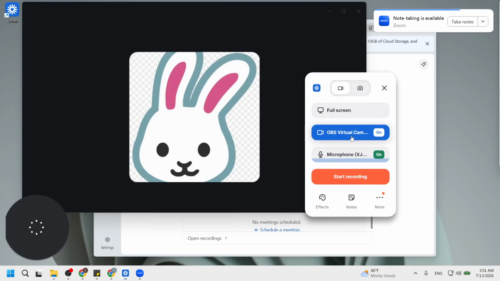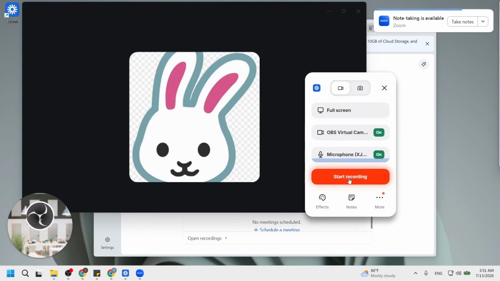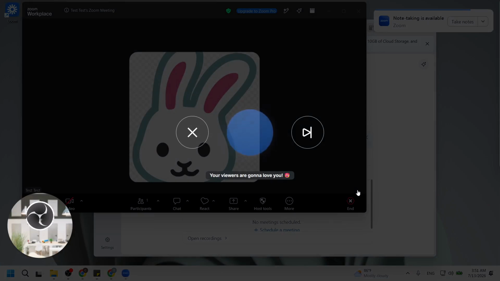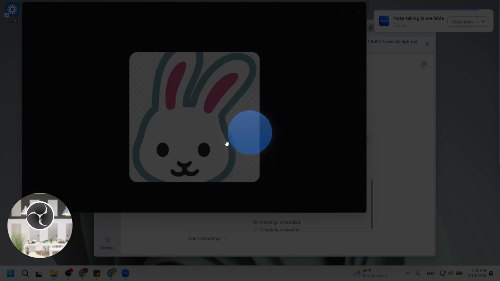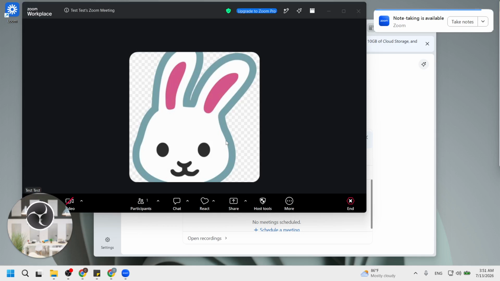Next, click the red Start Recording button in Loom. This action officially begins the recording process, capturing everything happening in the Zoom meeting. You will see the button change state, indicating that the recording is live. This is an exciting moment as you are now ready to document your meeting. Remember, this step is critical because it marks the beginning of your recorded session.